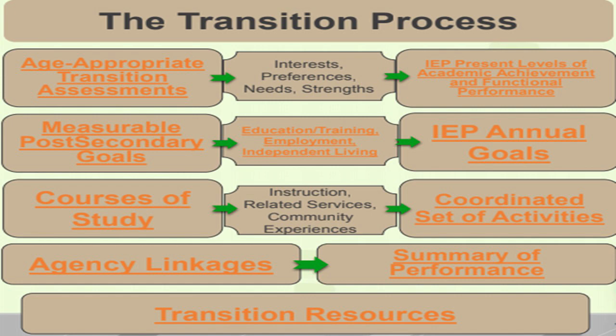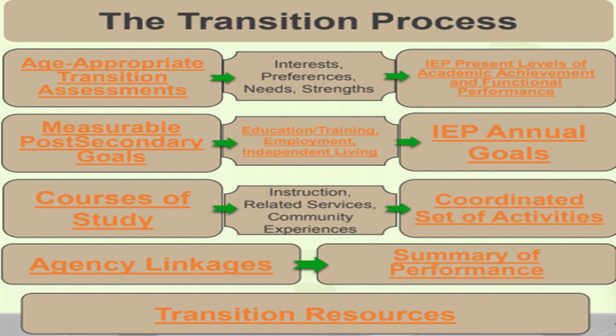Transition planning helps students with disabilities and their families prepare for the transition to adult life after graduation from high school. Federal and state law requires school districts to include a discussion of transition services in the development of the student's individual education program at the annual ARD meeting to address these issues for students with disabilities, including transition assessments to identify student strengths, preferences, interests, and needs, post-secondary goals to describe what the student will be doing after high school,